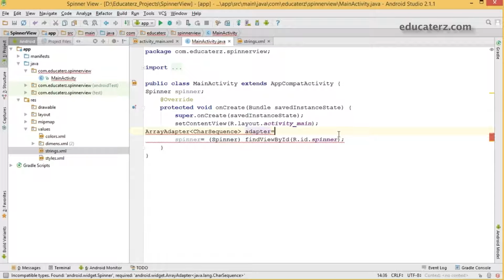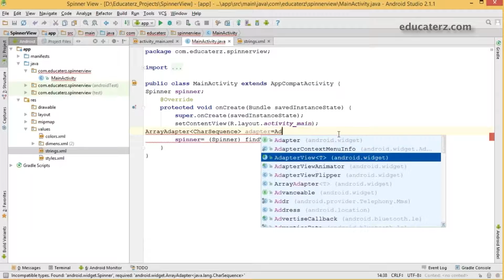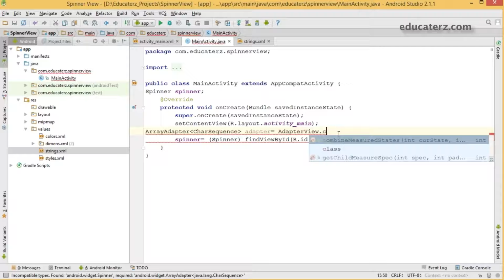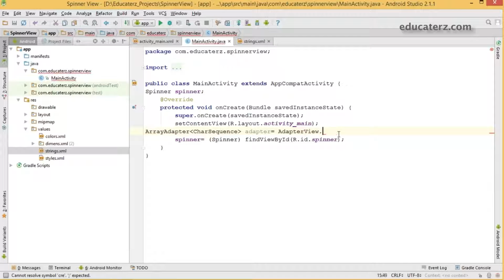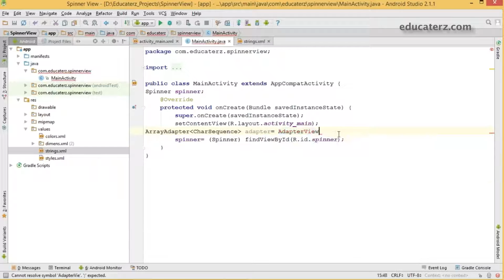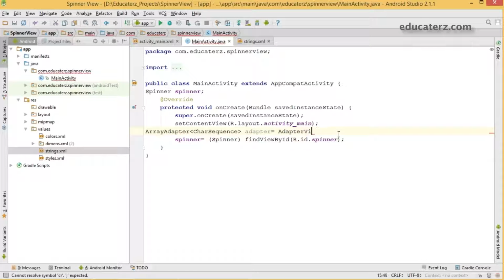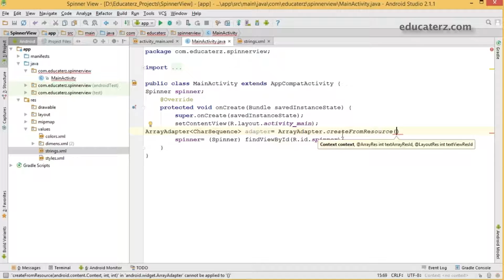Let us say adapter is equal to, and we have a method for this, ArrayAdapter.createFromResource. It is going to take three parameters.